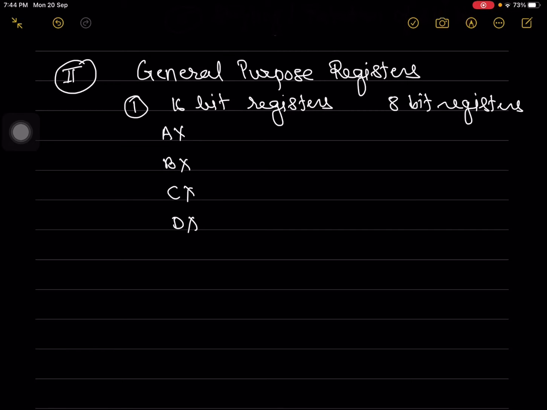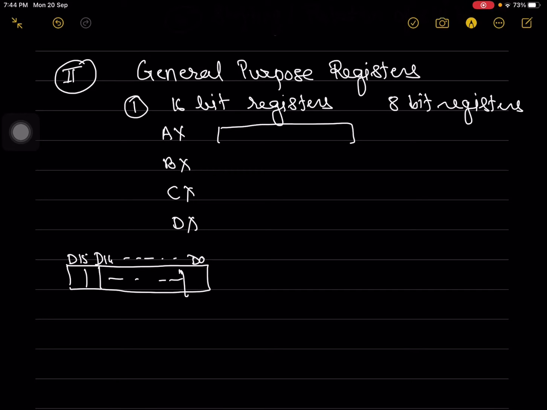When I say a 16-bit register, it means it contains 16 flip-flops and it can store 16-bit data. So data D15 to D0 can be stored in it, as a formation of 16 flip-flops. Likewise, we have four 16-bit registers available: AX, BX, CX, DX,